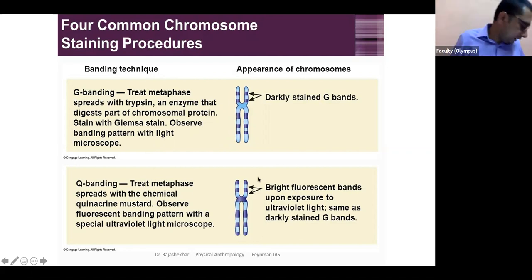Let me see what caused that difference in the Giemsa stain. There must be something that is happening in the Giemsa. Okay, that explains this. So quinacridone mustard is another stain that can be used when such a fluorescent dye is used for staining chromosomes. The banding pattern that is produced here is called Q banding. So G banding is this, Q banding is this. The difference is that here we use a different dye called quinacridone mustard. And this can point out a few regions better than what G banding can.